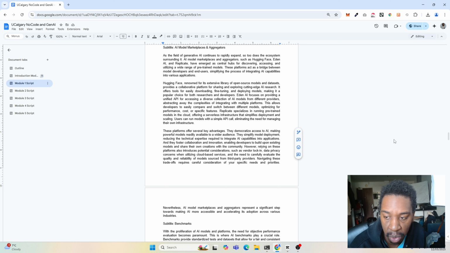These platforms offer several key advantages. They democratize access to AI, making powerful models readily available to a wider audience. They simplify model development, reducing the technical expertise required to integrate AI capabilities into applications. And they foster collaboration and innovation, enabling developers to build upon existing models and share their own creations with the community. However, relying on these platforms also introduces potential considerations, such as vendor lock-in, data privacy concerns when utilizing cloud-based